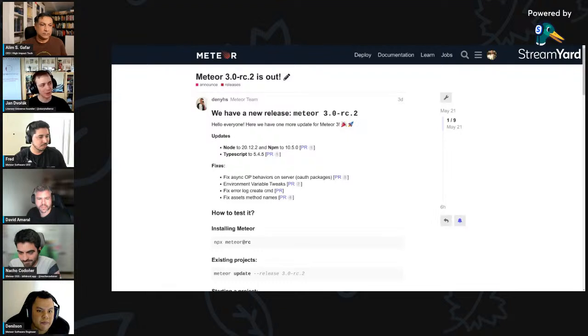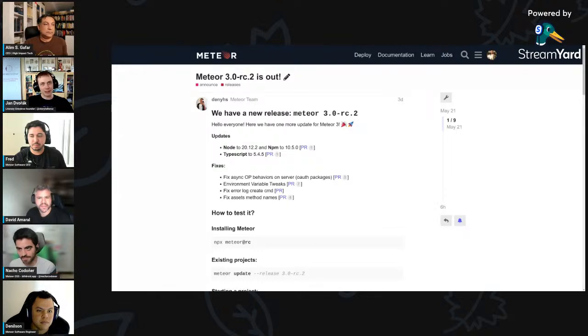So big round of applause for getting that solved. And also there are quite a few fixes, I would say most notably for everybody are the fixes to the OAuth packages. So that was release candidate 2, and hopefully we'll soon have release candidate 3 as we go forward.